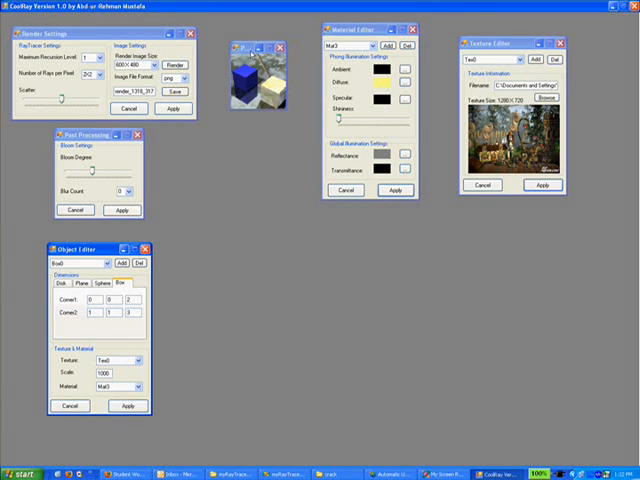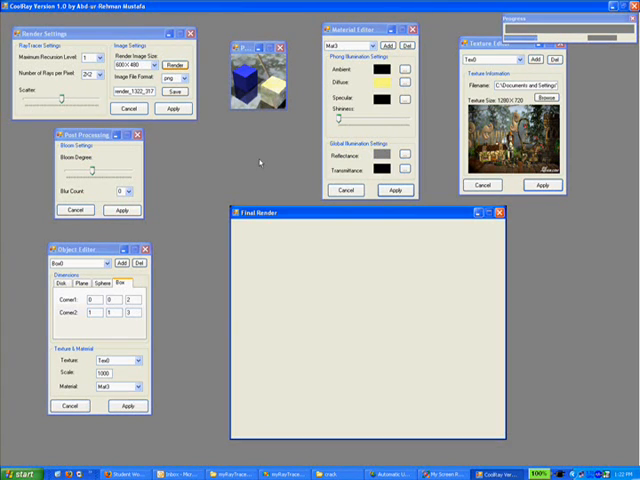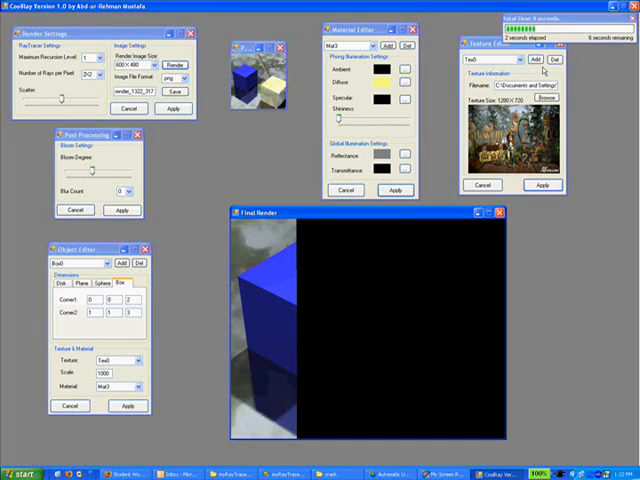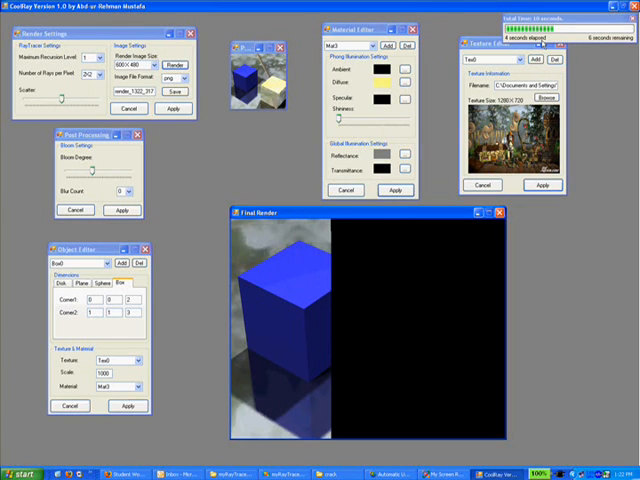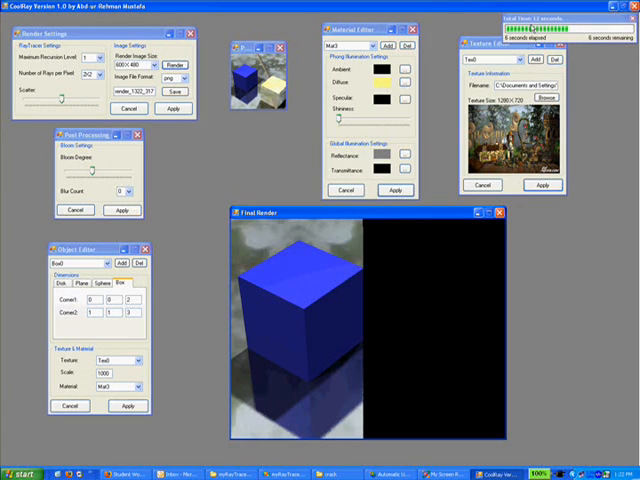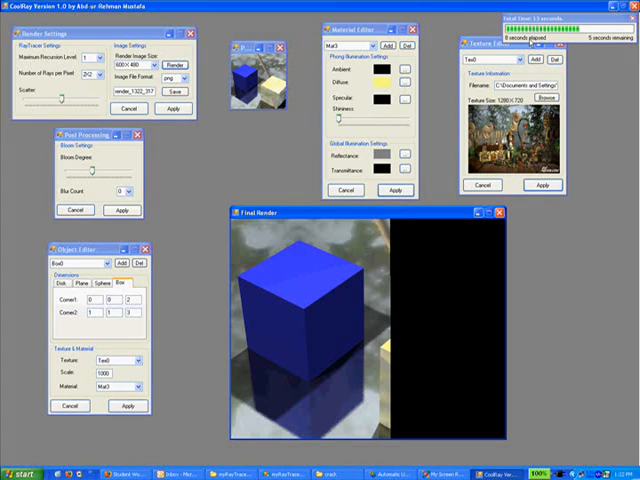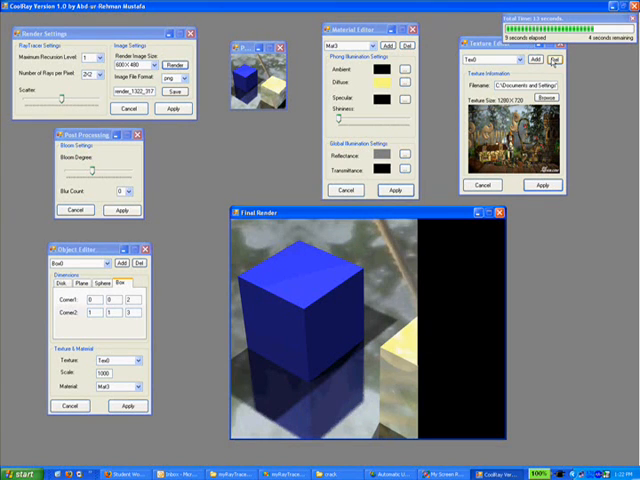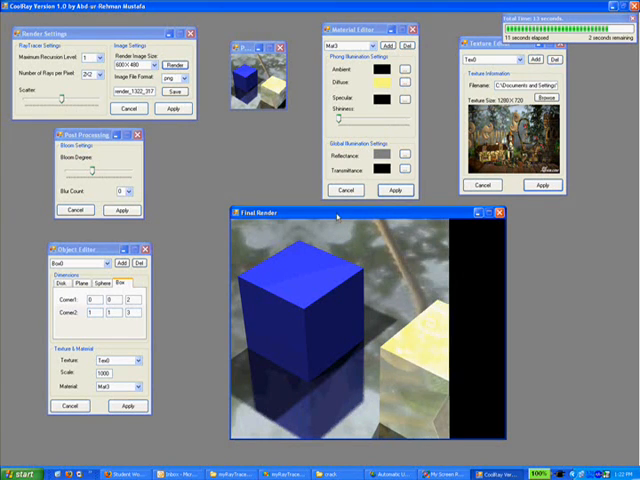And once I'm satisfied with my preview, I can just click on render to render the final image. And while it's rendering, you can actually track the progress on this progress bar. It tells you the total time, the time elapsed, and the time remaining. Once it's completed,